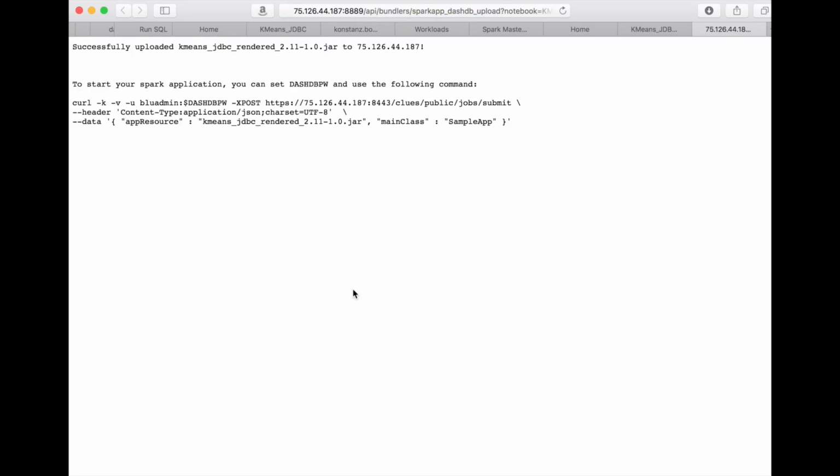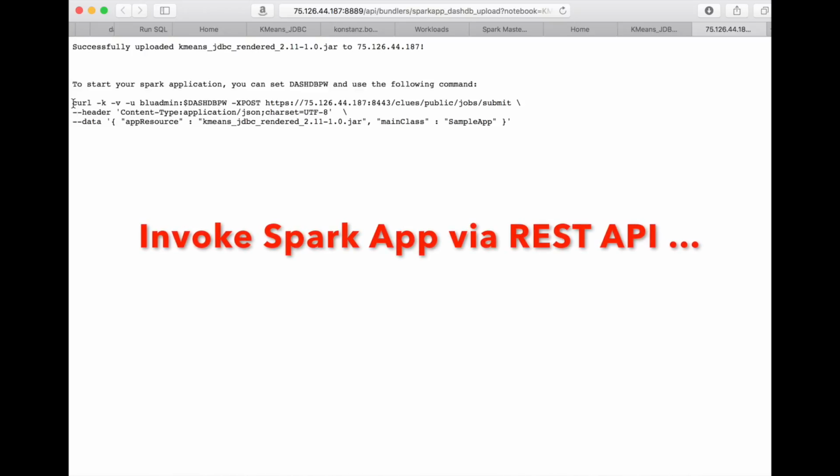It transforms the notebook code into code that can be compiled into Spark applications. It compiles the application, it packages it up, and it deploys it into dashDB. When this is done, we get a nice printout with information how we can call it via a REST API